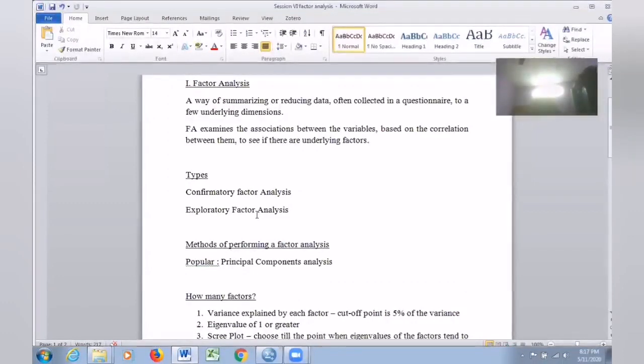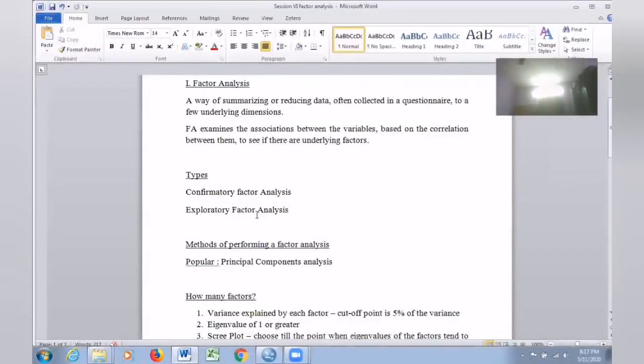But when you're not aware, say I have got 15 questions and I am not sure how many factors are going to be there in my questionnaire, I don't know, so you want to explore and find out. Then you can go for exploratory factor analysis. In today's session, I am going to show you only exploratory factor analysis because SPSS is capable of conducting only exploratory factor analysis.